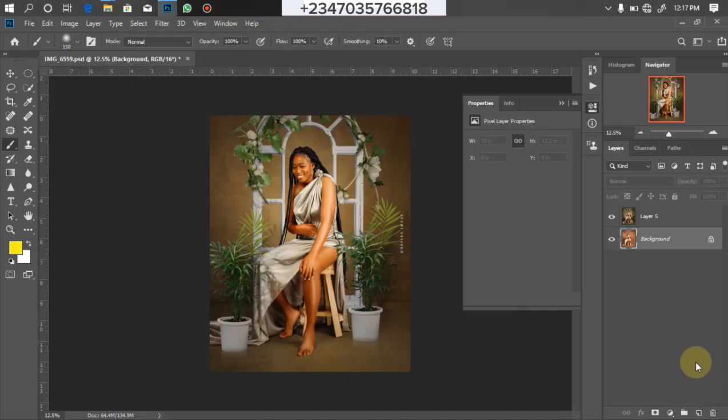So in my previous video I told you guys that not every picture needs extreme manipulations. Only pictures that are kind of artistic, that don't look normal, that don't look usual, so that's when you can decide to go ahead and do extreme manipulation. An example is a picture like this one we're using right now. This doesn't look like a normal picture. We are trying to recreate something, especially with the outfit she's tying, and this is an actual fabric. We're the ones that tied it ourselves, so we're trying to create something extraordinary out of it,